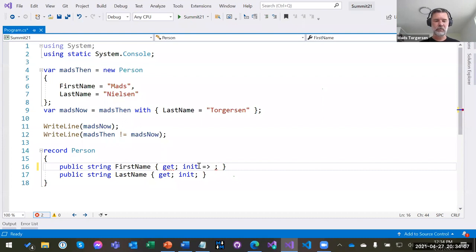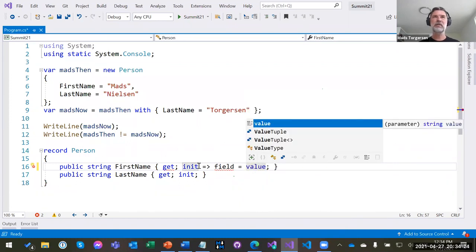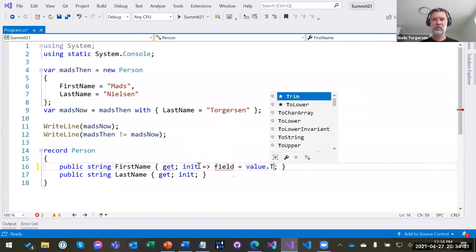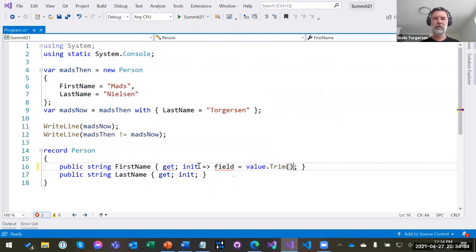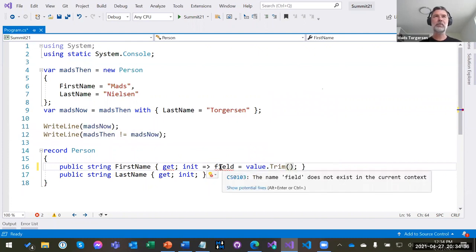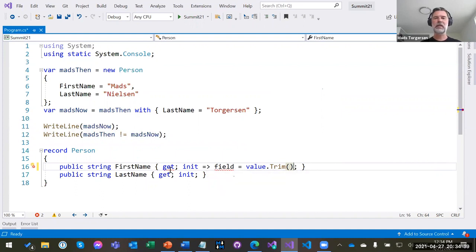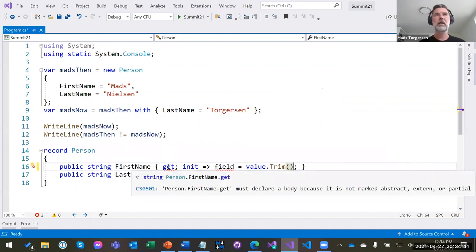We do that by allowing you access to the backing field through the new contextual keyword field. Field means the backing field of this auto property that I'm in. I can say field equals value, and that will be the trivial implementation that's equivalent to what the auto property already does. But I could also say dot trim and do that. That just accesses the backing field that the auto property already has. The getter can still be auto implemented.